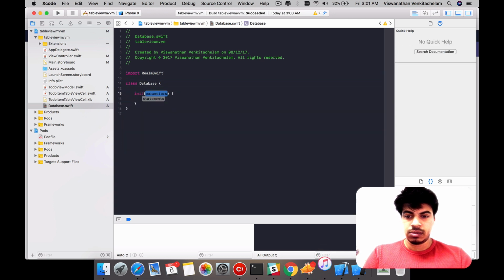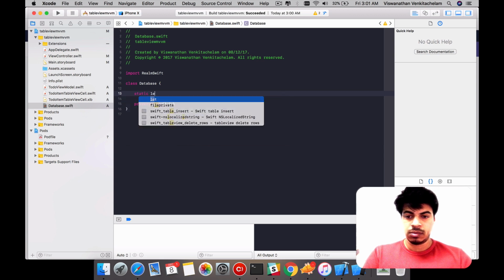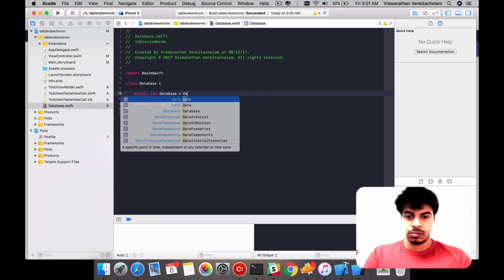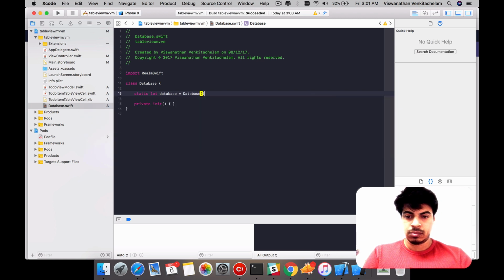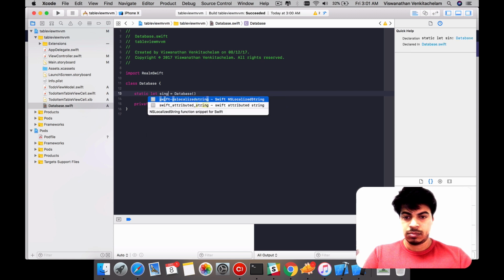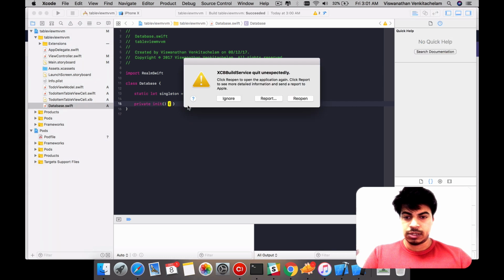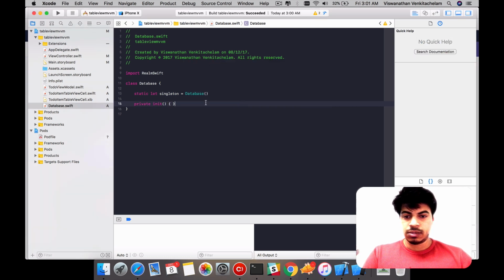Make this a singleton. That's my singleton, and create the